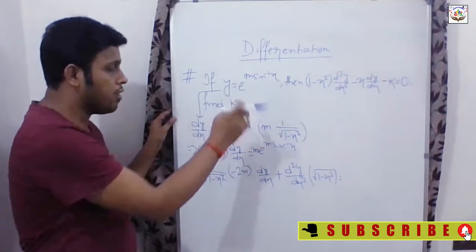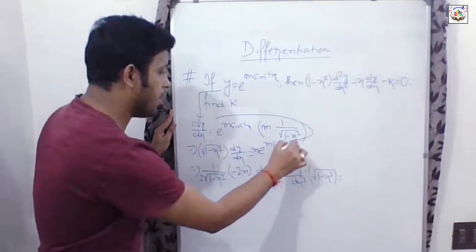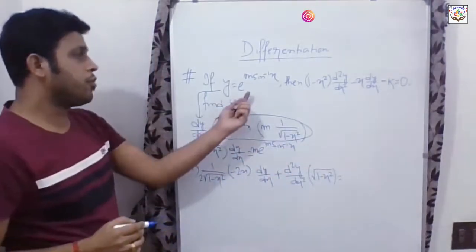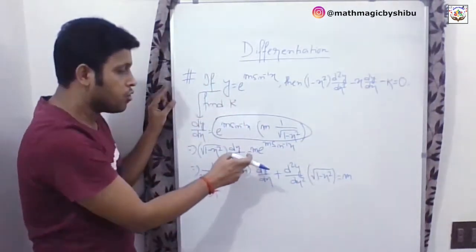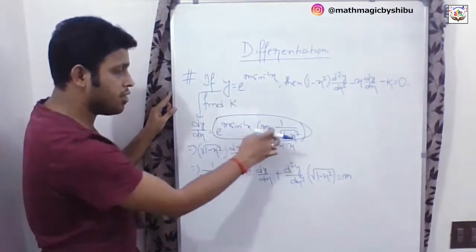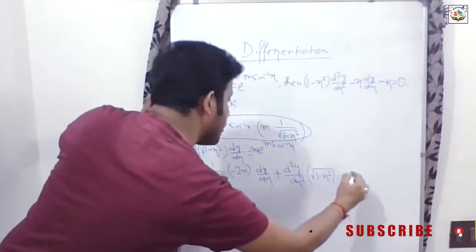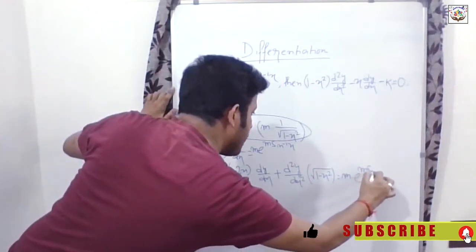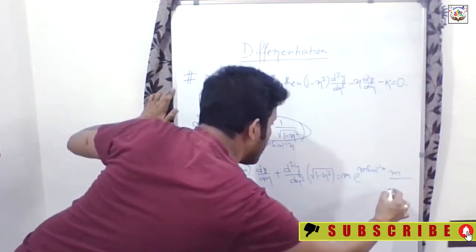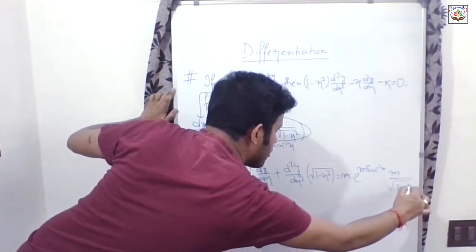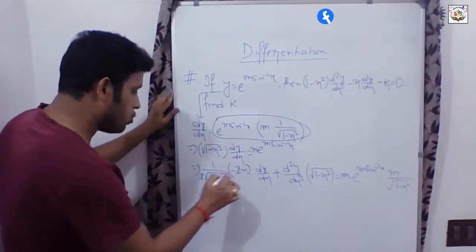So we have already found out the differentiation of e to the power m sin inverse x as this one, right? This is the differentiation of e to the power m sin inverse x. So just putting an m before for this m, we can write the differentiation of this part is this one, right? So it will be m. Okay, let me write this part. E to the power m sin inverse x into m divided by root over 1 minus x square. Fine. Now we can cancel out this 2.